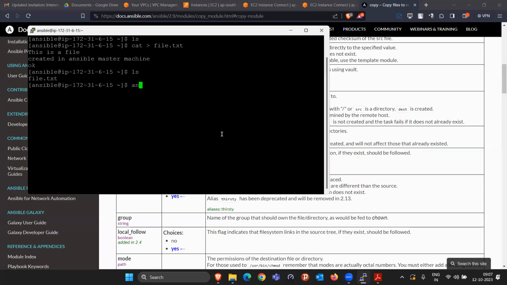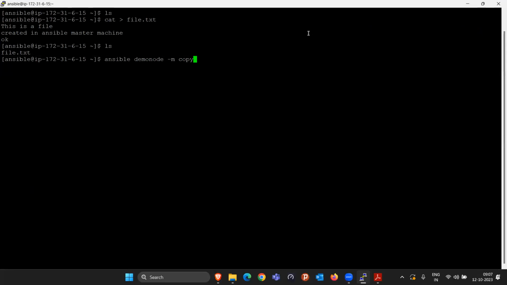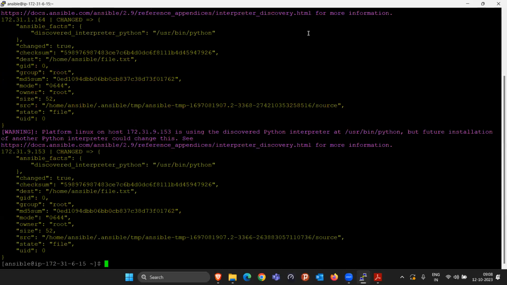Then we can simply write the command: Ansible, go to the demo node and use the copy module, use the sudo power and use the argument. In the argument, there is a source file, src, and that particular file name is file.txt, that you have to copy to the destination location. In the destination you have to copy it to the slash home slash ansible path, because this is going to be the path for the ansible user, right? So that's what I am writing here, and I will close it and press enter. Now it's Ansible's duty to copy this particular file.txt file to both the machines,